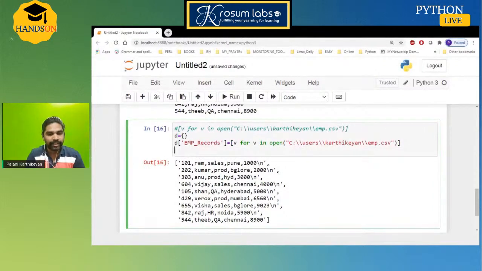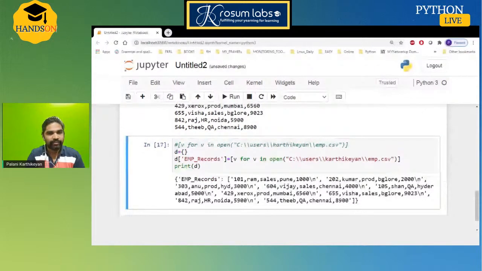If you print the dictionary, generally we won't use the dictionary directly. We'll use it with the dictionary key and value. Now see the structure: the whole CSV file, I placed inside my list. The list belongs to the key as a value. This type of structure is one-to-many style, one key pointing to multiple values.